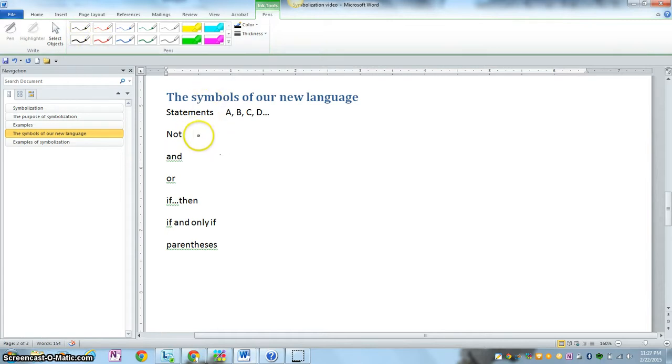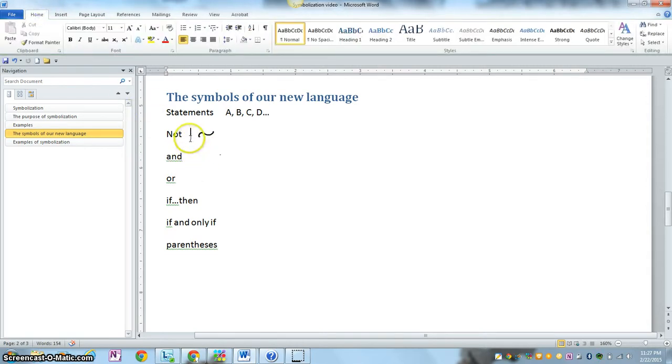It's a symbol some of you may be familiar with. It's used in Spanish, and it's basically this symbol here. It looks a bit like a wave, and you can get it from the keyboard as well. So in the keyboard, you'll be able to generate that symbol. For and,